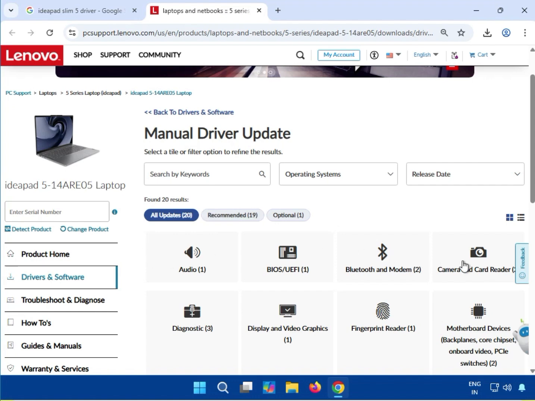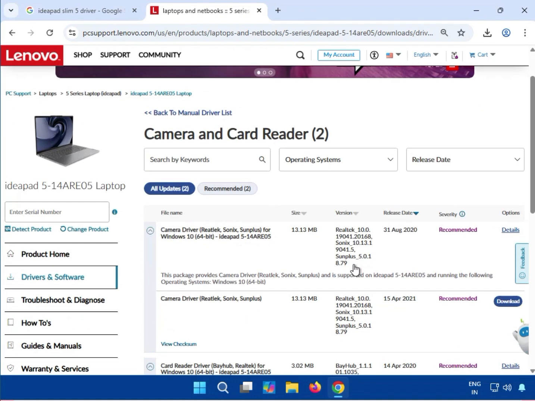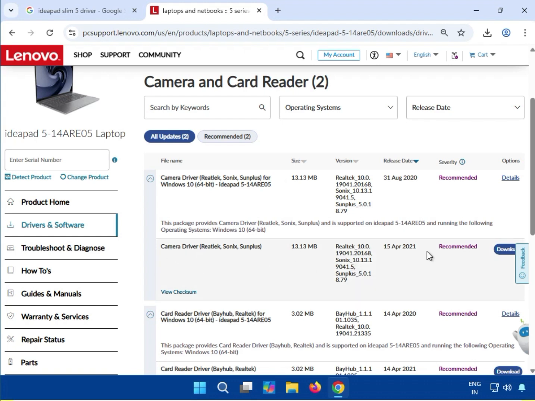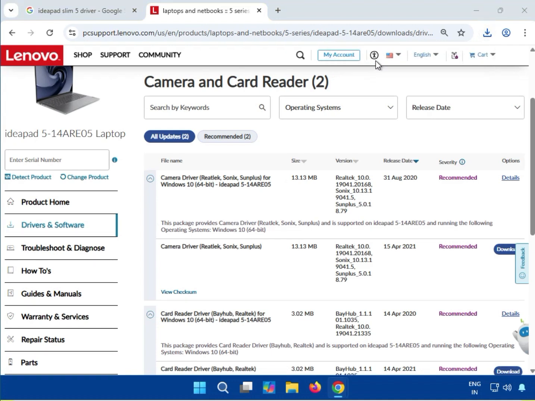okay, so click to camera, scroll down, camera driver, just click to download. Single click to setup,